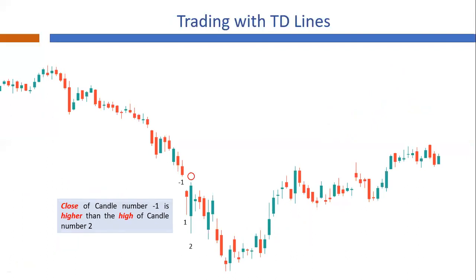But look at the candle 2 days earlier. The same is numbered as -1. The close of that candle is higher than the high of candle number 2. Do note that the comparison is between the high of candle number 2 and the close of candle number -1. So now we are considering true highs instead of chart highs. You can also see a gap down opening after the red candle, that is after candle number -1. In such a scenario, we will not consider the green candle, that is candle number 2, as a TD supply point. I hope these points are clear.